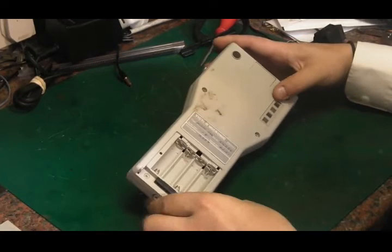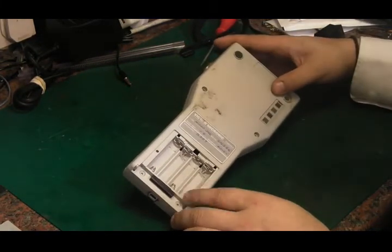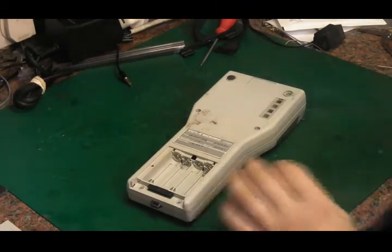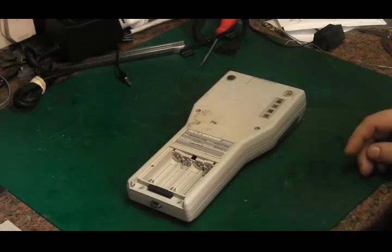The battery compartment doesn't look horrendously corroded. In fact, it doesn't look corroded at all. But like I said, I couldn't get any signs of life out of it when I tried four good double A's in it. So let's get inside it and see